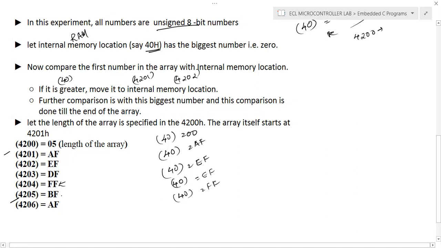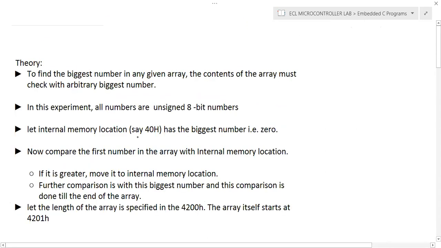The next location is BF, and BF is less than FF, so 40H stays FF. Finally, after the execution, you can see the largest number is loaded in 40H. So this is the logic. Either you can start from 00, or you can first load the content of 4201 into 40H. We'll try both.